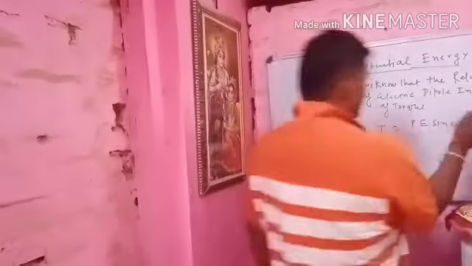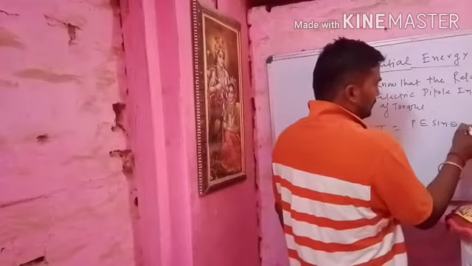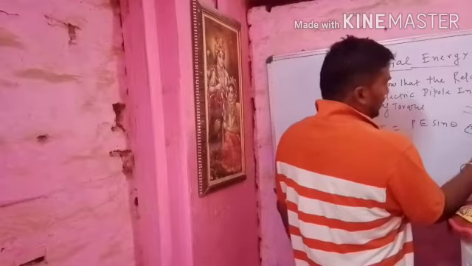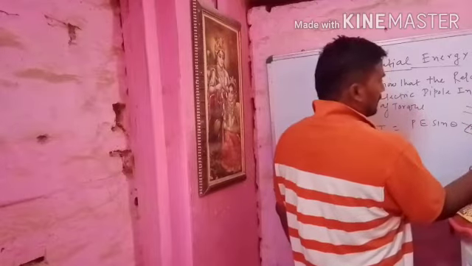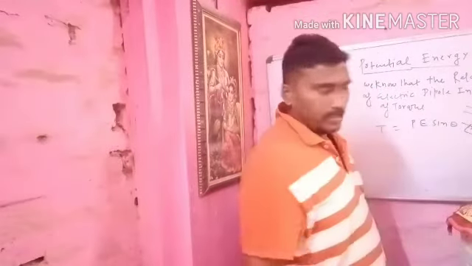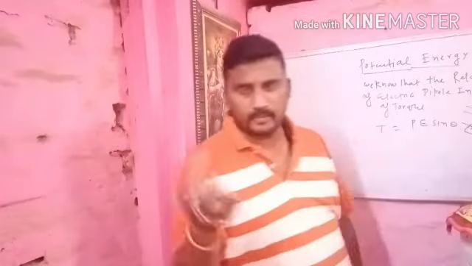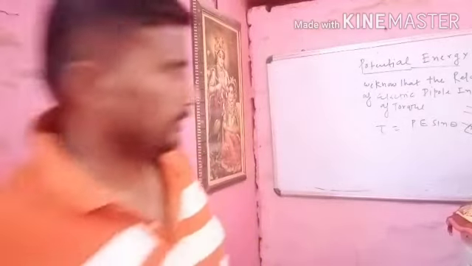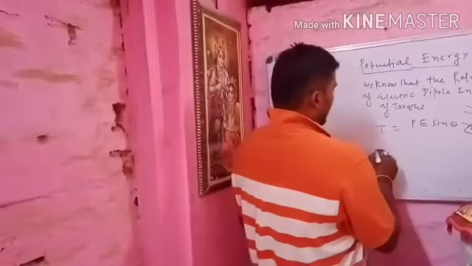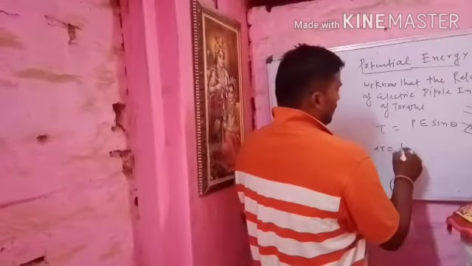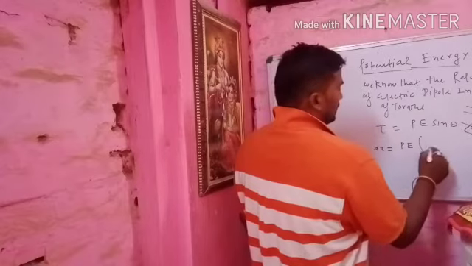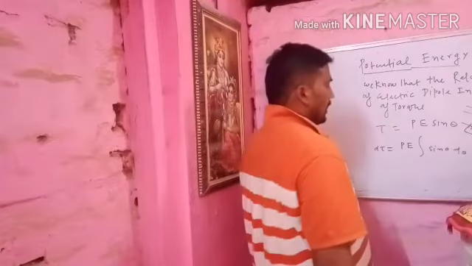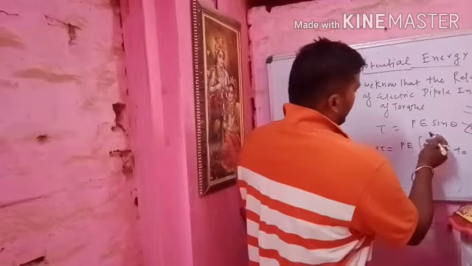In that condition we observe the dipole, minus Q and plus Q, placed in the electric field. If it is carried from infinity into the electric field, it will move in the clockwise and anti-clockwise direction, and we establish the relation tau is equal to p cross E. Now on both sides we take the integration, d tau is equal to pE sin theta d theta, and we establish the component.